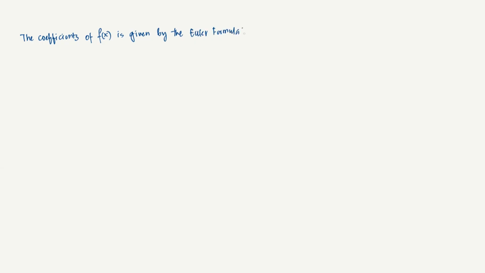And what is it? It is given by this. See, a naught will be given by 1 by 2 pi integral from minus pi to pi of f of x dx. Then an will be given by 1 by pi. So the first one, the coefficient is 1 by 2 pi. The second one, the coefficient is 1 by pi. See, there is no b0. There is a reason for that, because b0 would correspond to sine 0x, which is 0. So basically there is no b0. So a0 is there. An is 1 by pi integral from minus pi to pi of f of x